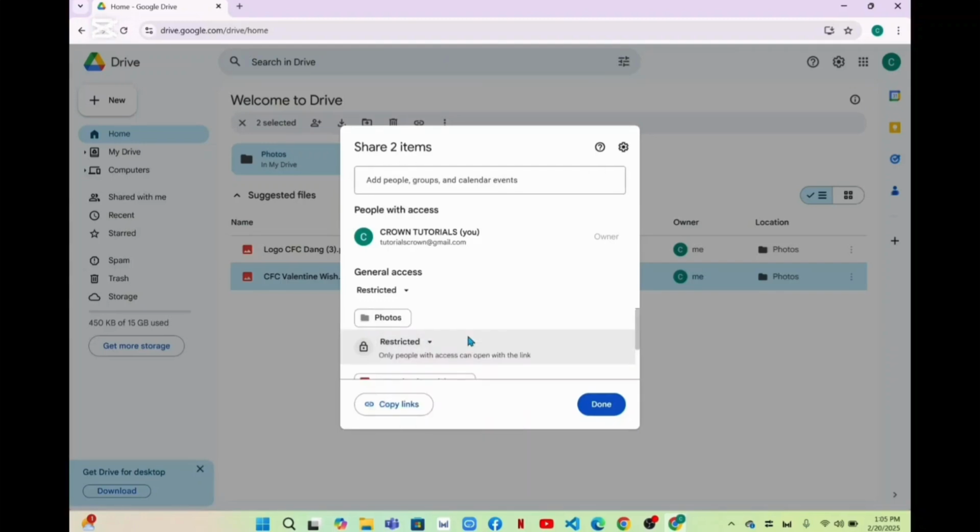So if you have any specific people with whom you want to share the pictures, simply type their email address here in the section add people, group or calendar event. After you are done with the settings, you have to copy the link and send it to whom you want to share